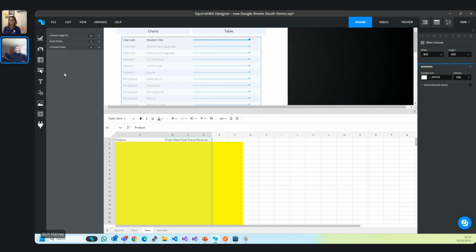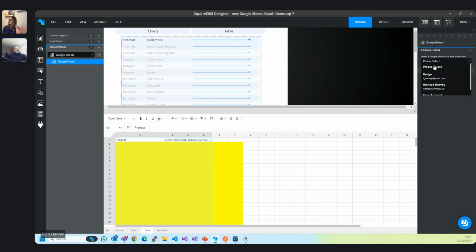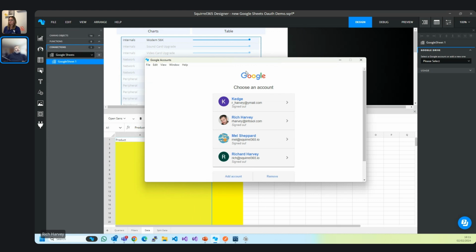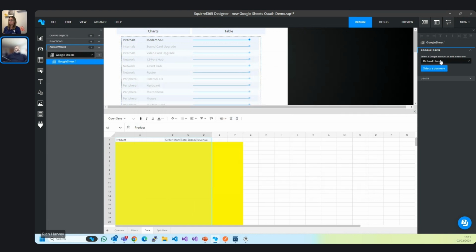So, not functions, connections, add a new connection. I want to connect to Google Sheets. I've already got my connection set up, but what you would do if you were first coming in here is just click on link to new account. It will then go through the authentication flow that people are familiar with to sign up. Basically say, I give Squirrel permission to view these spreadsheets, and you have to select spreadsheets. So for example, with